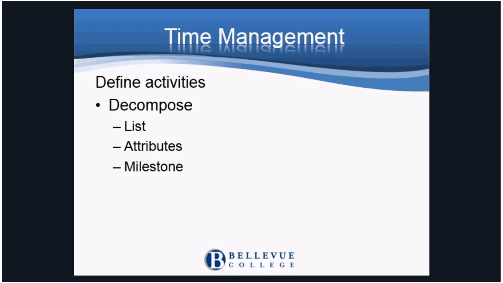The first step is to define the activities. We go through the steps, the work decomposition, and identify the tasks, the lowest level activities. On the next page, we'll see an example of the tasks in a list, and we'll give attributes to the activities in the list. There also may be milestones, checkpoints